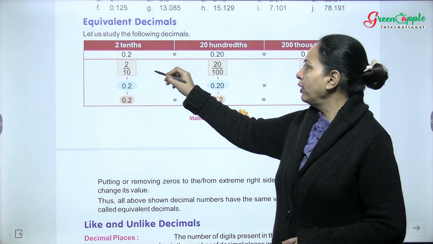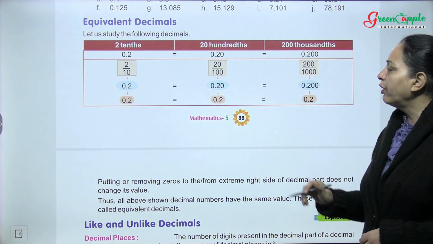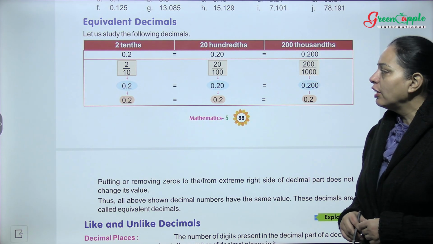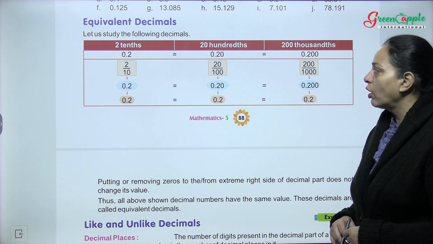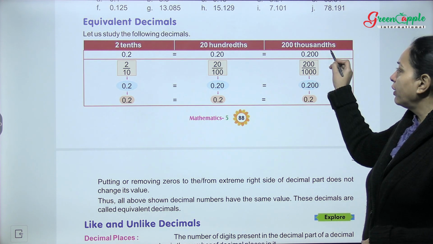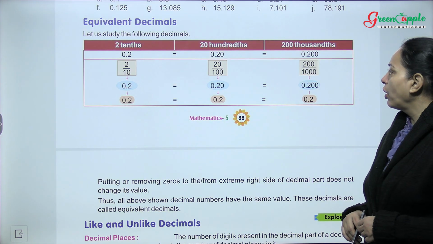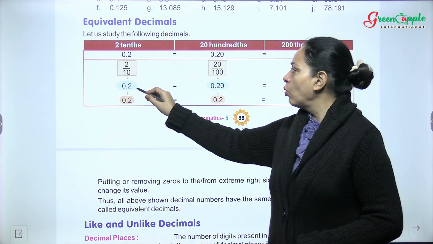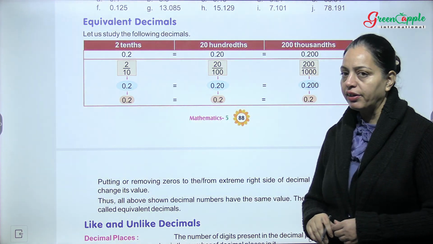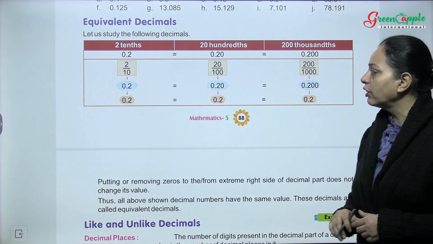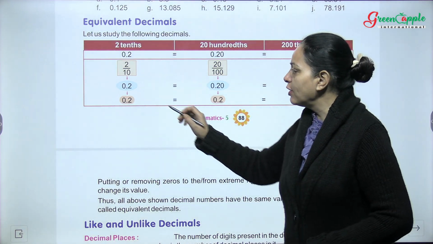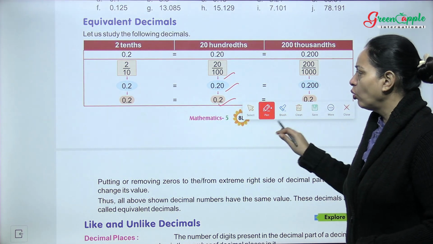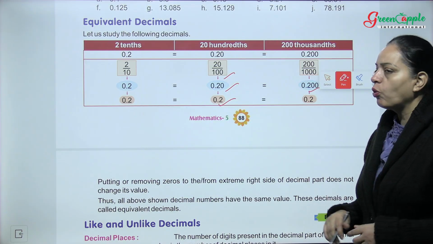Here we have 2/10, 20/100 and 200/1000. 2/10 means 0.2, 20/100 means 0.20 and 200/1000 means 0.200. So 0.2 is 2/10, this is 20/100 and this is 200/1000. So what will you get? 0.2, and here also you will get 0.20, or we can write 0.2 only, and here you will get 0.200,